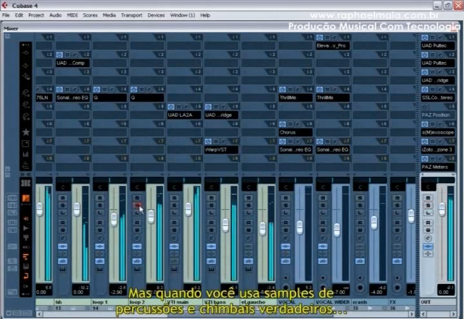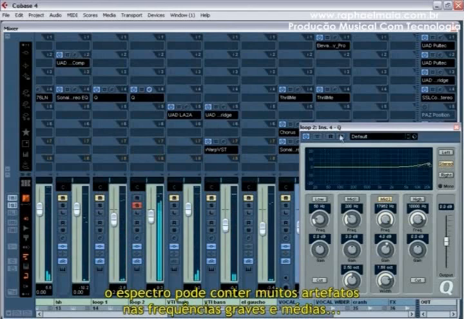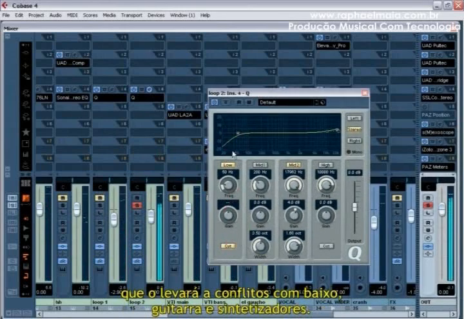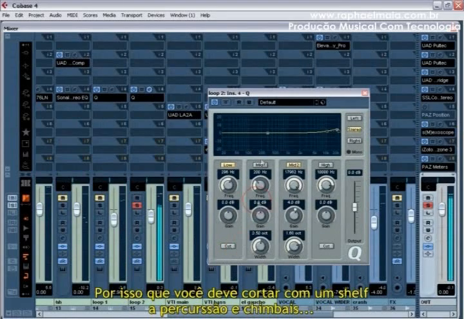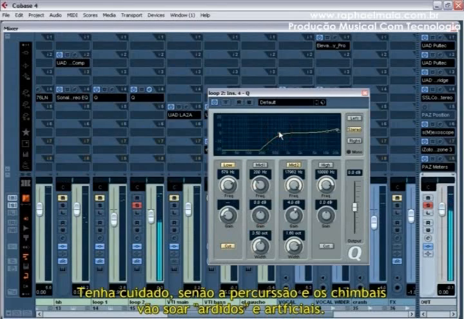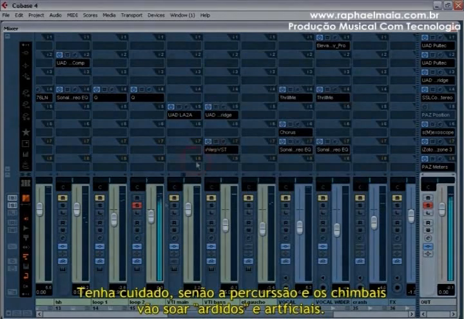But when you use samples of live percussion and cymbals, the spectrum can have a lot of low and mid frequency artifacts, which will lead to conflicts with bass, guitar and synthesizers. That's why you should cut low and mid frequencies of percussion and cymbals with a shelf. Try to start with 800 Hz and higher. Please be careful, otherwise percussion and cymbals will sound acid and unnatural.